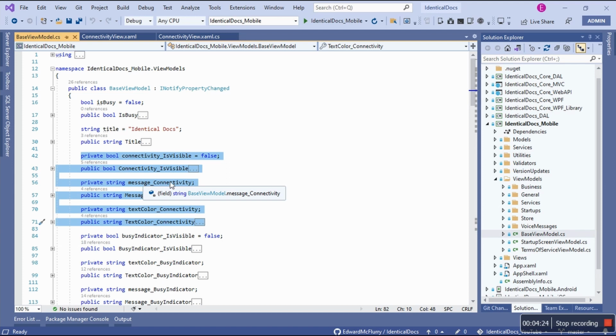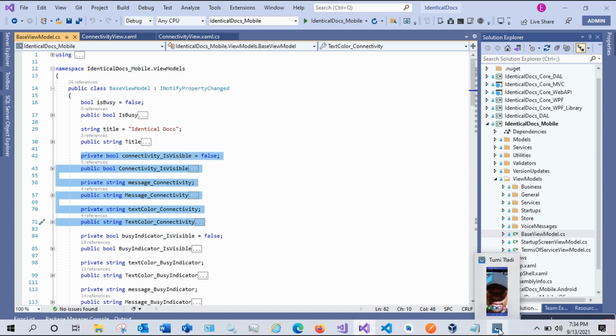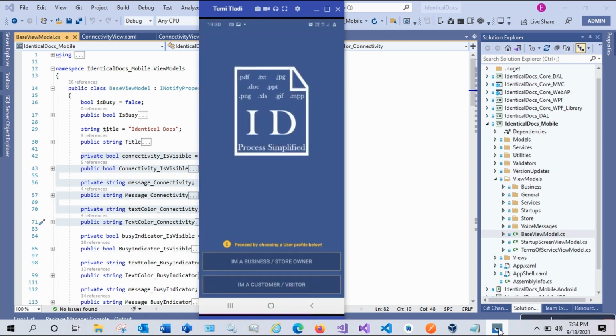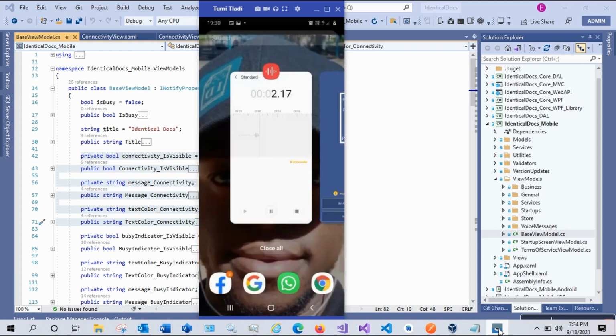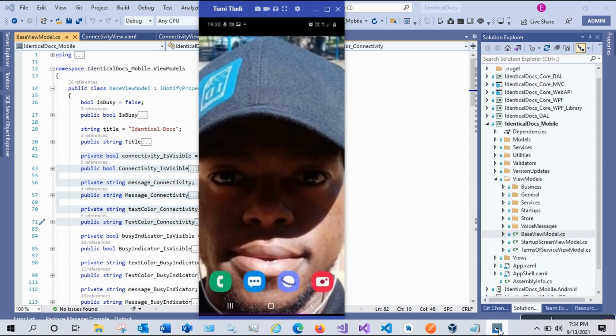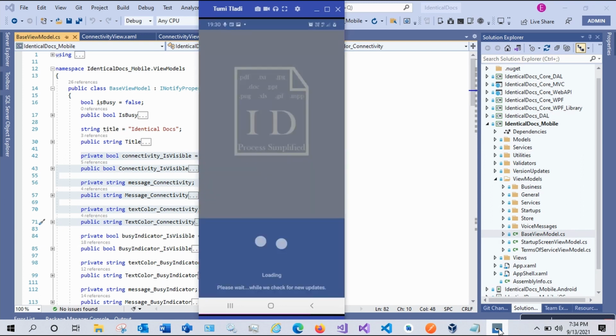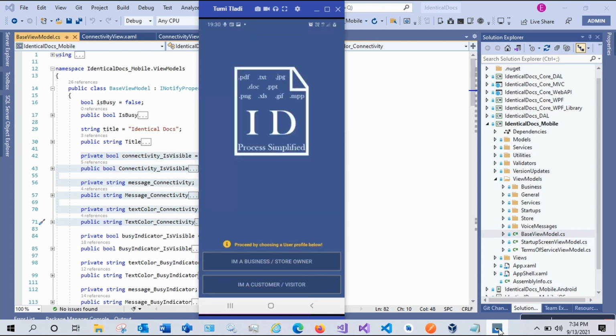But before I show off everything, I want to launch the app. Oh, it was already running. I want to show that as I launch the app, it goes to a splash screen first. I want it to go to startup, but I want to remove application data so that it can go to terms of service. This is the busy indicator. We'll talk about that in the next video extensively. See, this page is a startup page. So what I want to do,